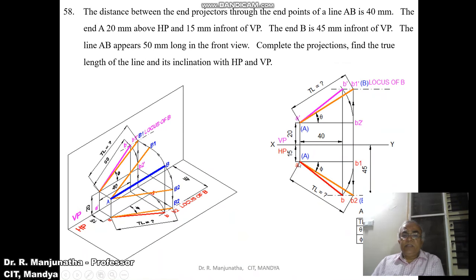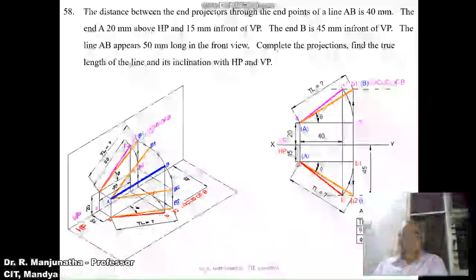Then as we know that the top view line is parallel to XY, you are going to get the true length here. So you make it capital B here, and as we know, when you look from the front view, you are going to get the true length in HP, because both A dash and B2 dash are above HP by 20 mm. So obviously A dash B2 dash is the line which is parallel to HP, so we are getting the true length in HP. Then draw a vertical projector from B2 dash to the locus of B, and then join A and B2 with a little bit thicker line than the XY line. As we know that A dash B2 dash is parallel to HP, you are getting the true length in the horizontal plane.